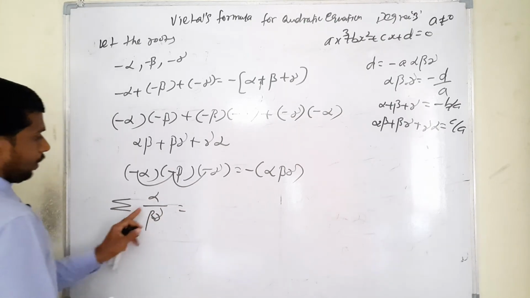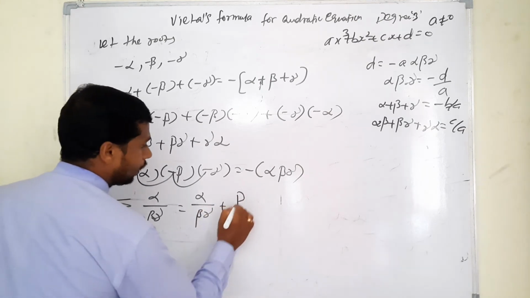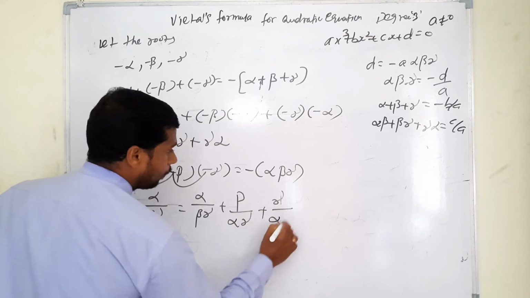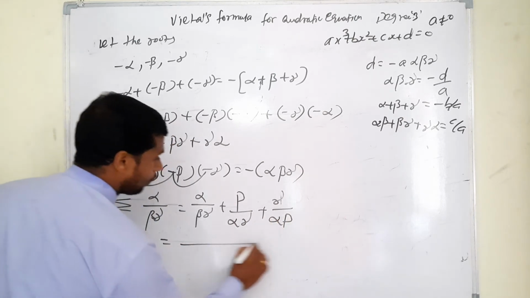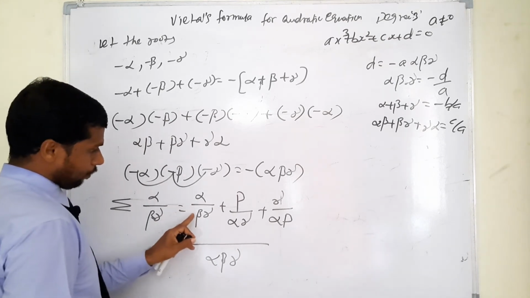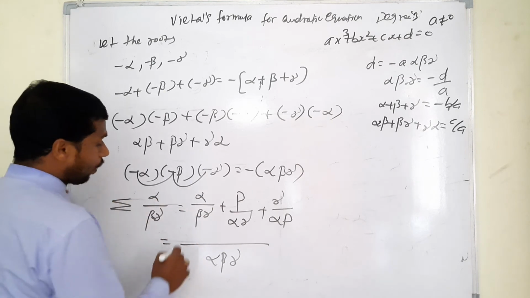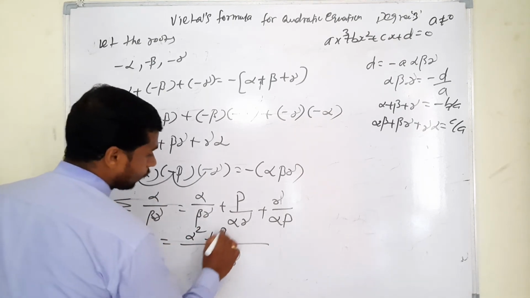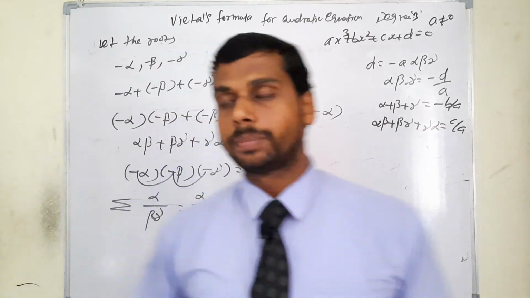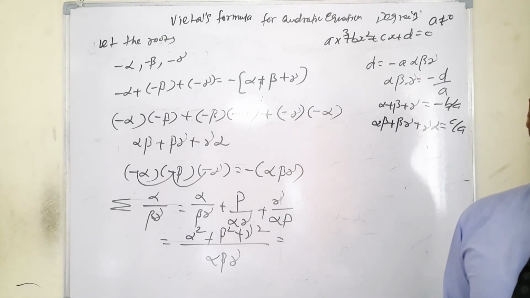The last example: the summation of α/βγ. So α/βγ, then β/αγ, last one γ/αβ. Now with common denominator αβγ, βγ cancels and only α remains. Already we have numerator α, therefore α times α is α², as well as β², then γ². Already you know a² + b² + c² means (a + b + c)² minus 2(ab + bc + ca).